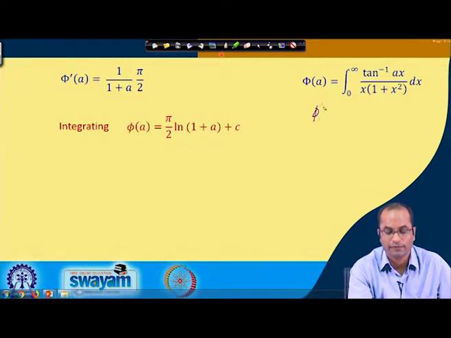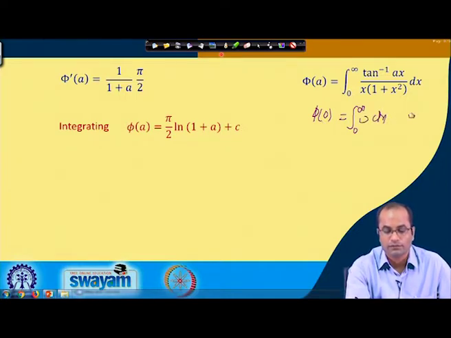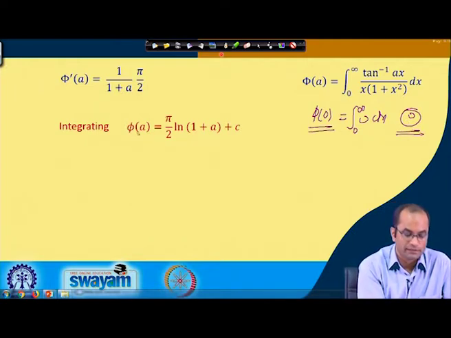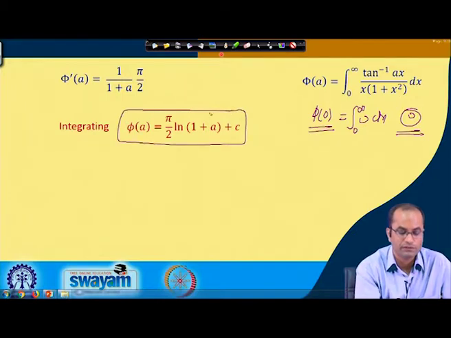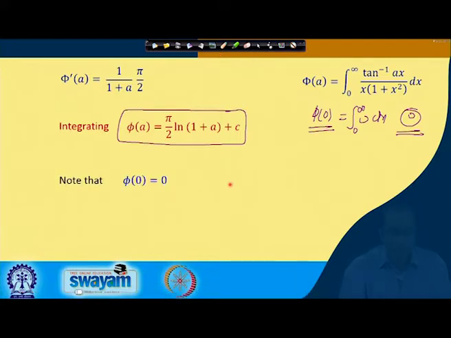So, the phi a value, phi 0. So, at 0, we will take the point where we know the integral value easily. So, this is 0 to infinity and tan 0. So, this will be 0. So, here we have phi 0 is 0. This information is given, which we can use here to evaluate this constant c. So, with this phi 0 is equal to 0, here 0 and then this is 0. So, ln 1 is 0 again. So, we get c is equal to 0.